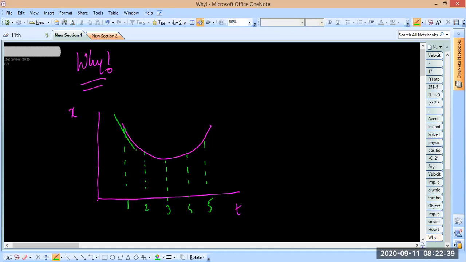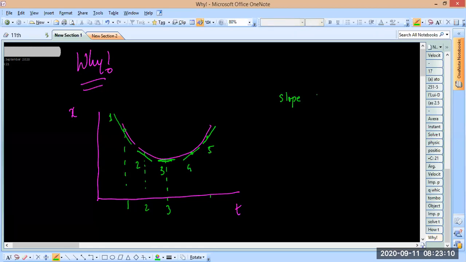Okay, so this is the first tangent, right? Let's draw a second tangent here. All right, something went wrong here. I'll just do it again. Let's draw a third tangent here, right? Let's draw a fourth here. And finally, let's draw a fifth here. So look at the tangent 1, 2, 3, 4, and 5, right? Okay, do you understand that